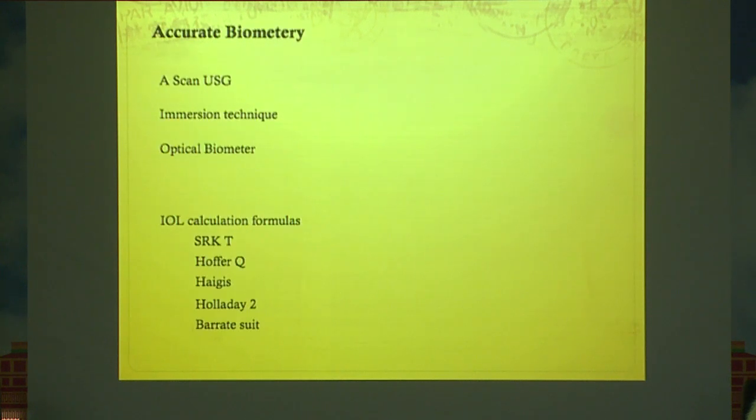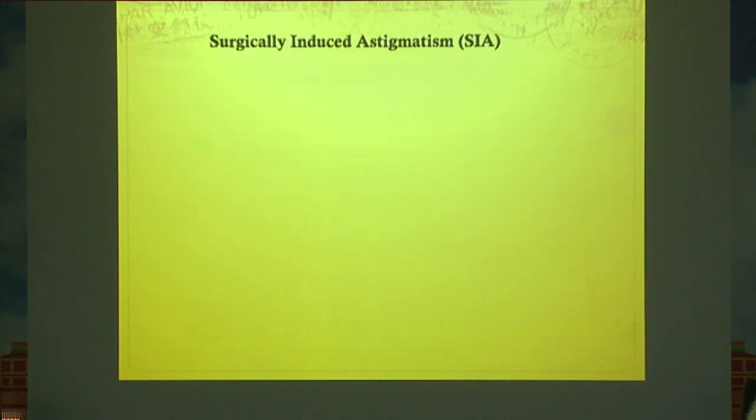Accurate biometry: immersion technique gives the best results, and optical biometry, both are equally comparable. But A-scan sometimes has a problem with the accuracy of the biometry. It depends upon the surgeon and the person doing the A-scan. As for the calculation formula, the best is Barrett Suite, which I have been using for many